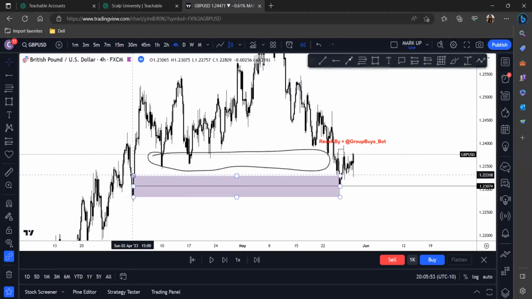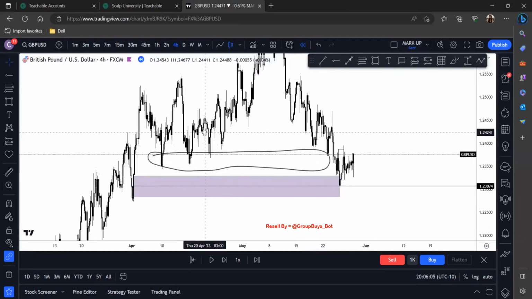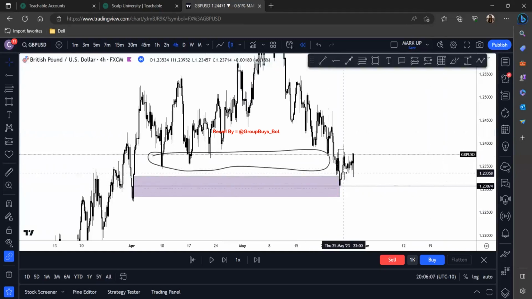Okay, so we have this going on the 4 hour. We marked it. Okay, and we already see a reaction happening on the higher time frame. When you see this happening on the higher time frame, you might already think, oh, the move is finished. I can't really get in anymore, right? Because price had already reacted to this area, and we see that it already pretty much broke structure here.